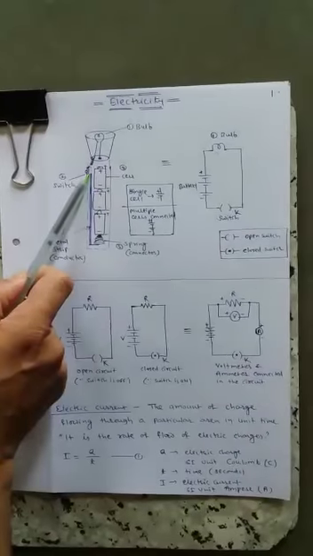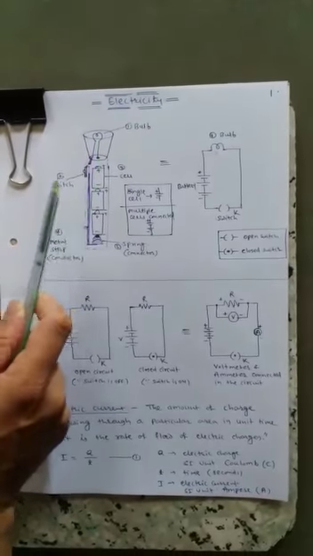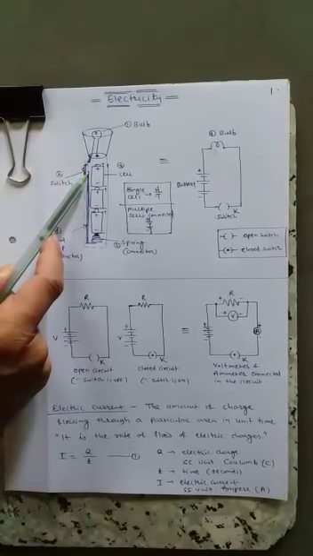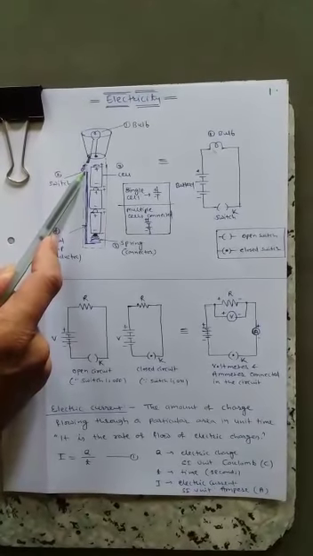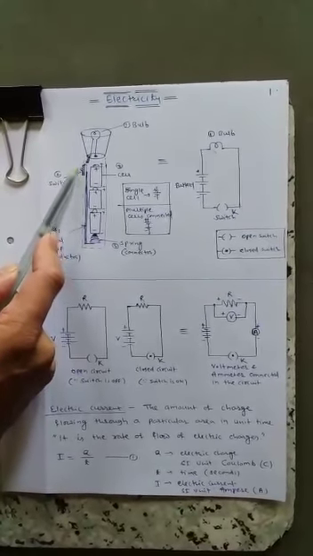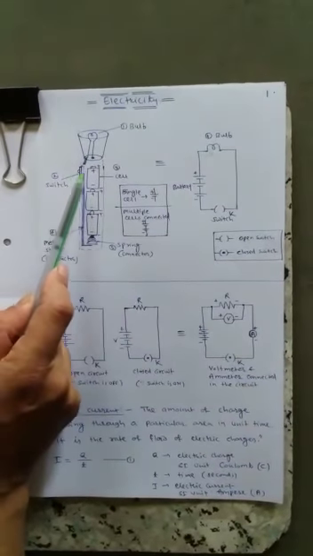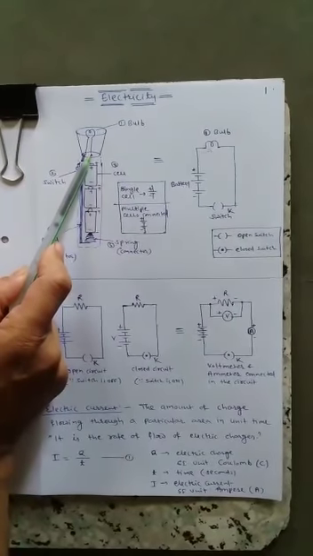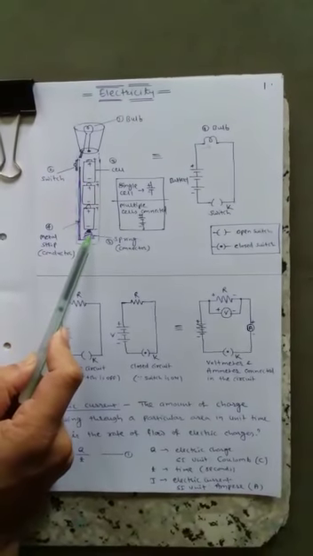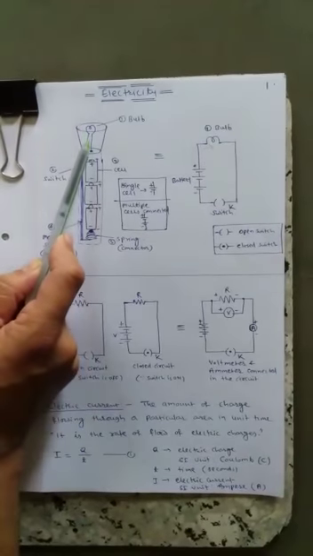So when you press this switch, what will happen? This part will be connected to this part and a closed path will form. What does closed path mean? There is no opening. Right now, this is open, so we can say it is an open circuit. When we press or slide this switch, this part gets connected with this part, a closed path forms, and current starts flowing from the positive terminal of the battery through the bulb, then the switch, then to the negative terminal of the battery. In this way a circuit is completed. We call it a closed circuit.